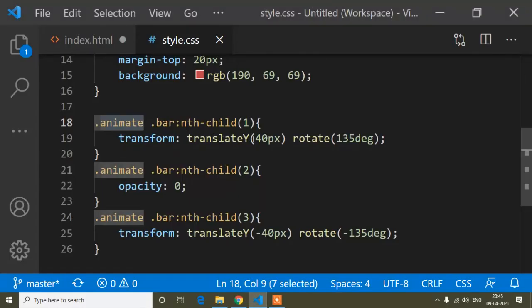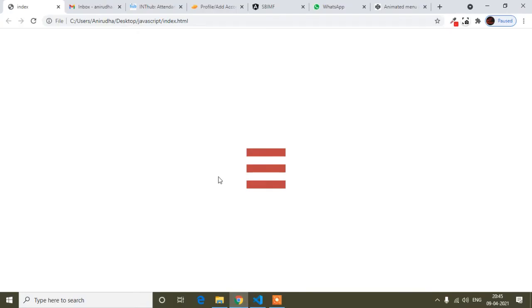And guys, here you can see bar nth child 1 means the 3 lines: first bar, second bar, third bar. So these classes are bar 1, bar 2, bar 3.